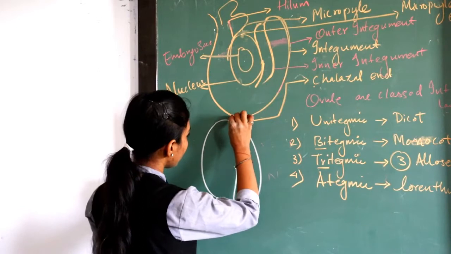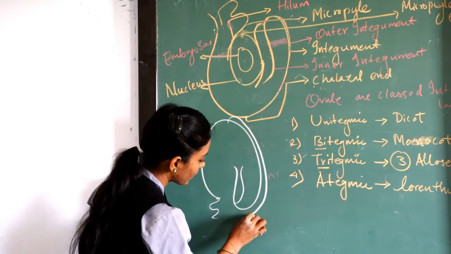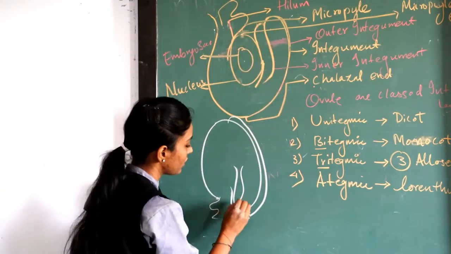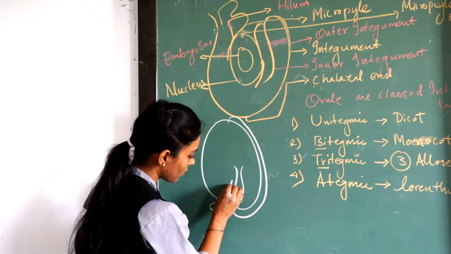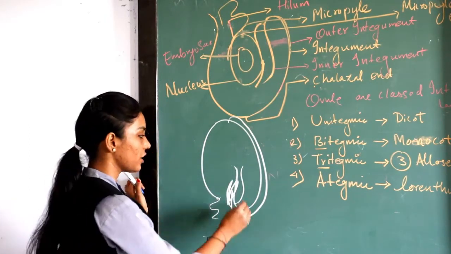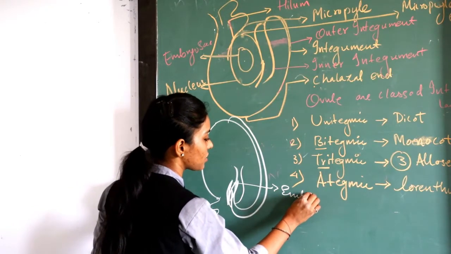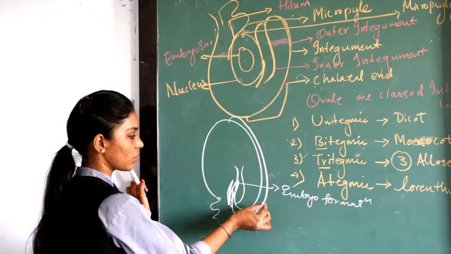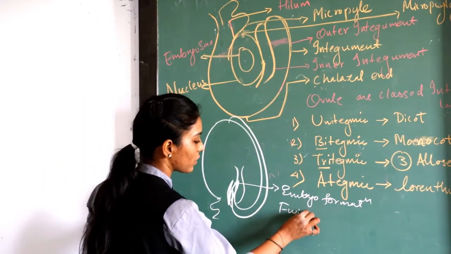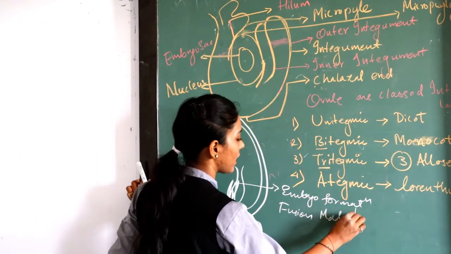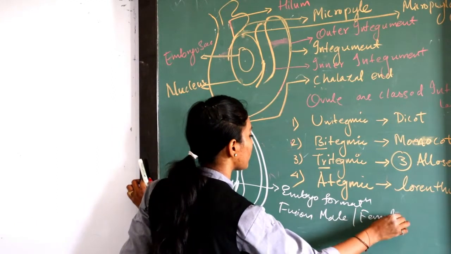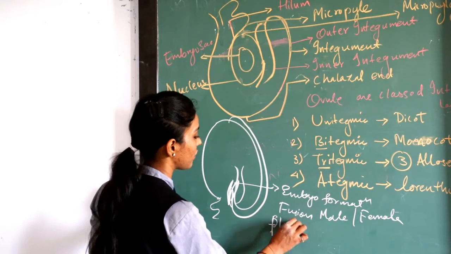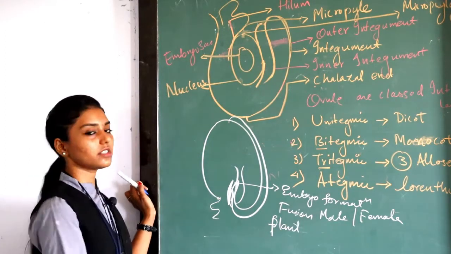You can see when a pollen grain enters, it will move to the what? Micropylar end. This micropylar end, here I have drawn it over here. So from here the pollen grain will enter and go for embryo sac formation. This embryo formation is because of fusion, or you can say fertilization, of male and female. Okay, this fertilization is seen in plants. We are discussing the flowering plants. Okay, this is how the fertilization takes place.